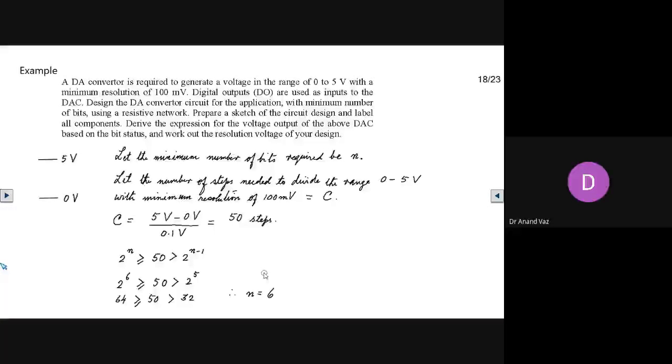So here we have seen that the first part is over. We require 6 bits in our register, in our digital to analog converter. So minimum 6 bits. The DAC should have a minimum of